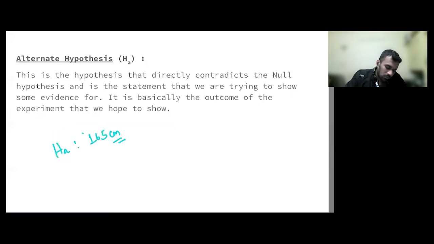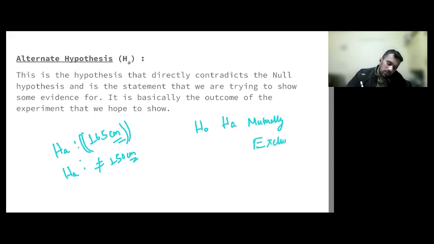Or in a way, we can write that HA, the alternate hypothesis, states that the mean height of all men and women in Bhubaneswar is not equal to 150 centimeter. Now, as you can see, H naught and HA are mutually exclusive. Both of them cannot be true at the same time. Okay, so